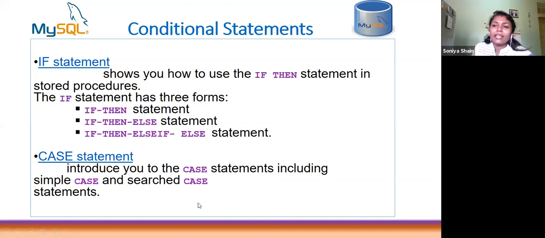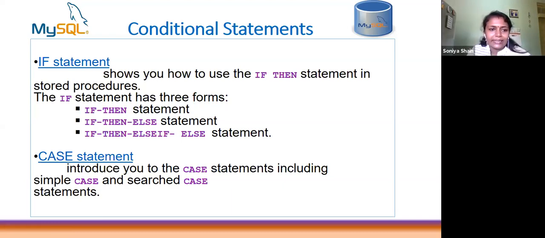Usually in the C language, case is for a particular value of a variable. If a variable has the value 1, else 2, 3 like that, it has a set of values. We cannot give a range of values in C programming. Here there is a little difference: it exists as a simple case and a searched case. Simple case is the same as in the C language, where you can use a group of values 1, 2, 3 instead of a range of values. Searched case has a little syntax difference, and you can use a range of values in this searched case.